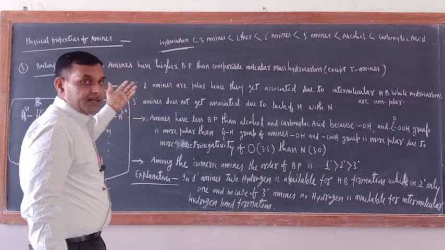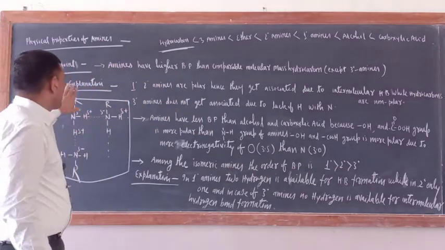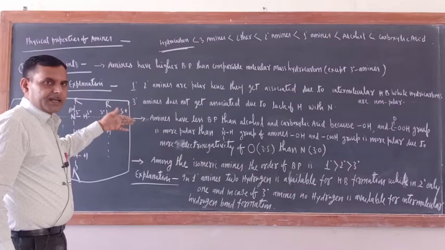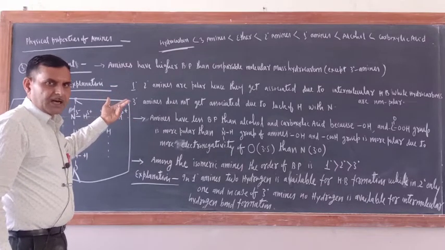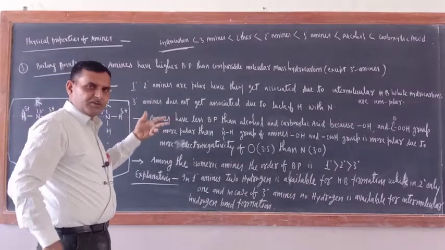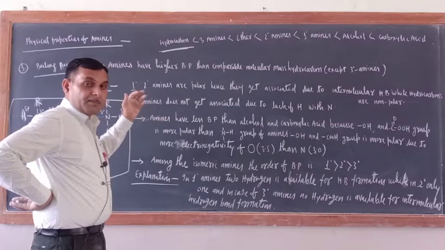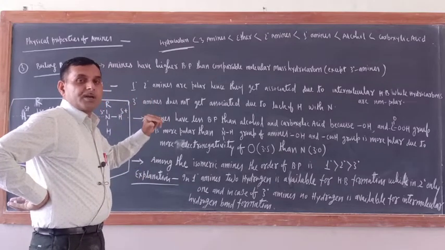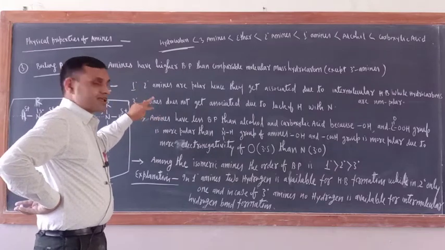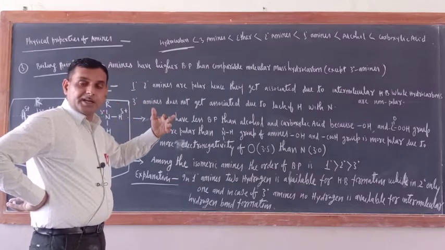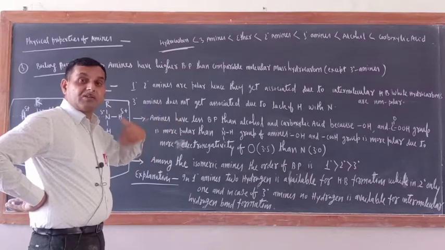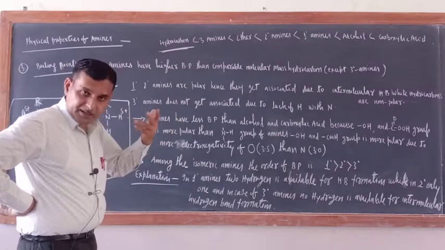alkane, alkynes. Okay. Explanation why alkane and alkyne, they are non-polar. They are non-polar because carbon hydrogen bond is there. While in case of amines, what is there? NH bond is there, and NH bond is polar bond. Okay, so this means greater the polarity, greater will be the intermolecular association, means intermolecular hydrogen bonding. Hence greater will be the boiling point.